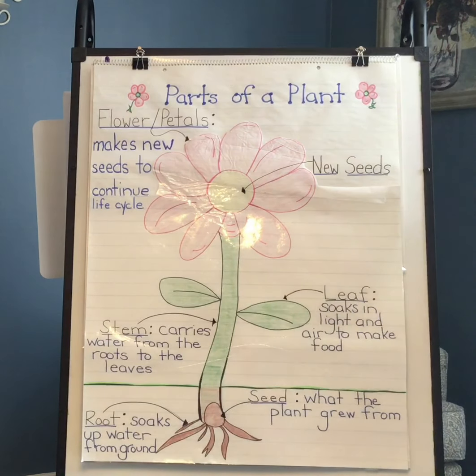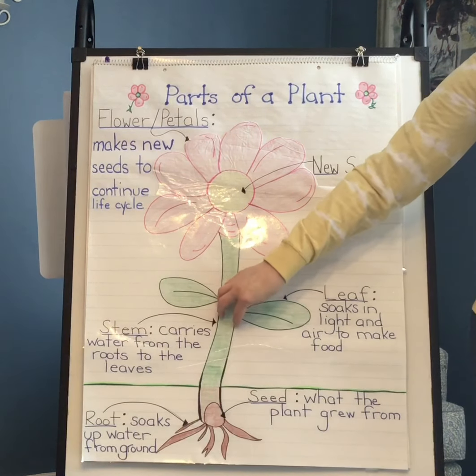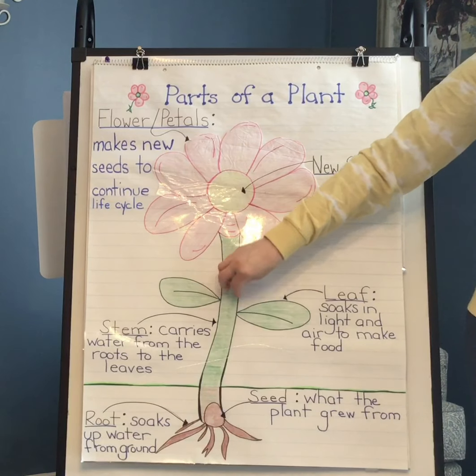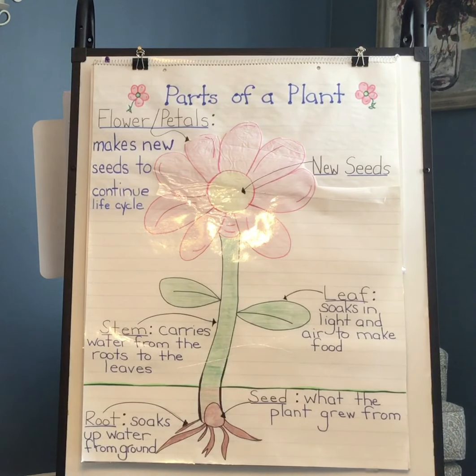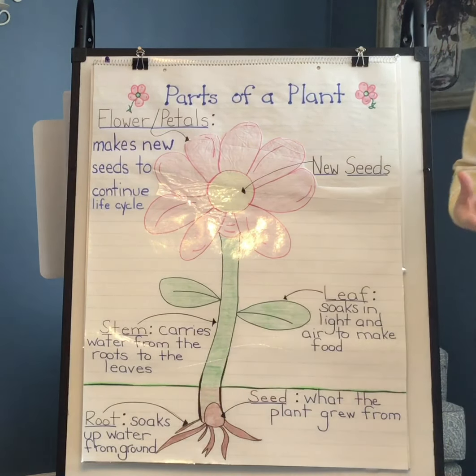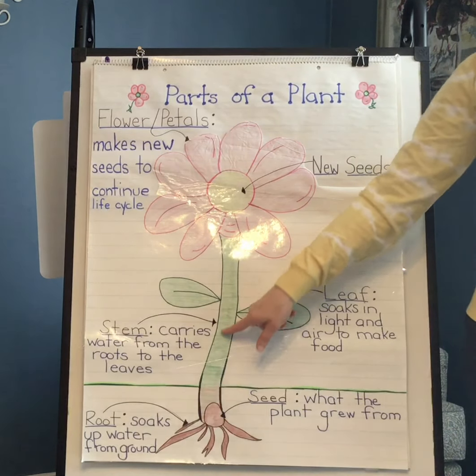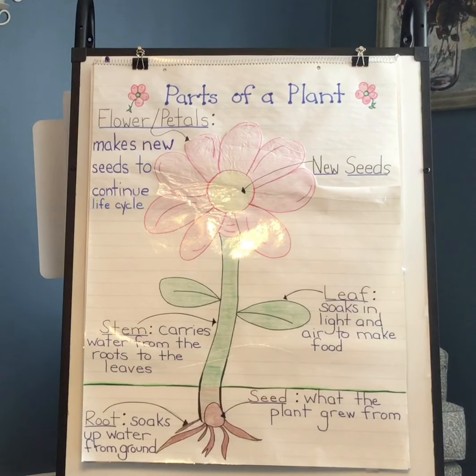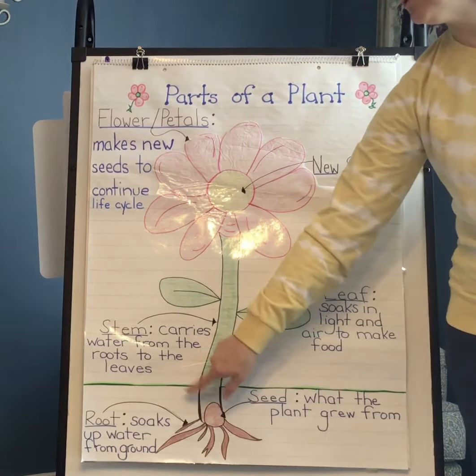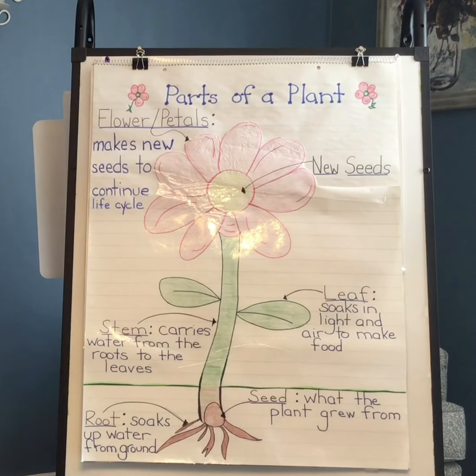And the stem's job is it carries the water. It takes the water from the roots and sends it all the way up to the different parts of the flower to again help it grow and bloom stronger and brighter. So the roots are soaking up the water, and then the stem is how it travels, how the water is carried to the leaves and the different parts of the plant. Awesome. Seed, root, and now we just talked about the stem.